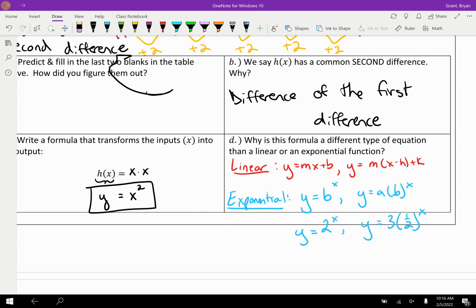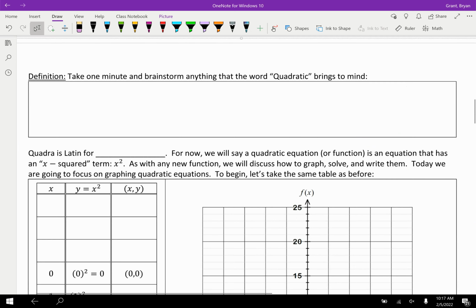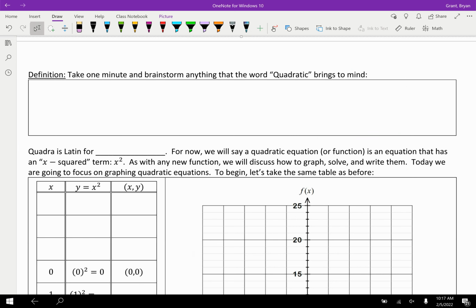Well, exponentials have an exponent of x every time. It's an unknown number of times multiplying by itself, versus this one, which has a 2 as an exponent. And what we'll deal with for the rest of this year, we have 4 units on this type of function, is functions that have a square attached to x. All right, so let's flip that page, and without further ado, let's see what you know